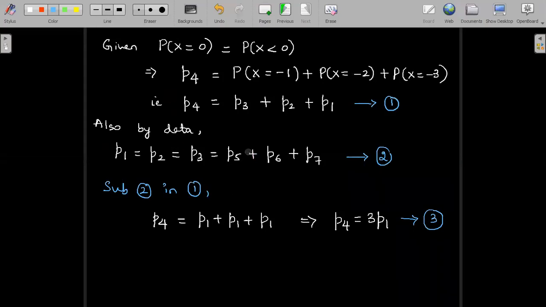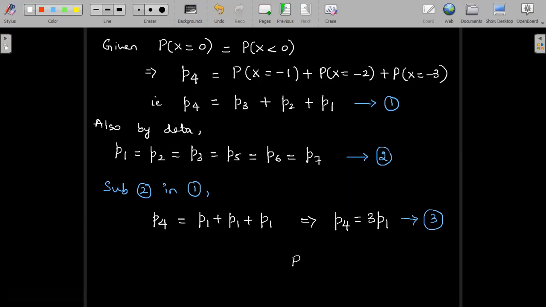Just a small correction here. I'm sorry, this should have been an equal sign here. All the probabilities are equal. I said it properly in words, but while writing, I wrote a plus sign. I'm extremely sorry for that. So these are all equal except P4, correct? So we have P4 is equal to 3P1. Now we can make use of this and substitute over here. P4 is nothing but 3P1. These two expressions we can also use by substituting them in the basic definition of the probability distribution.